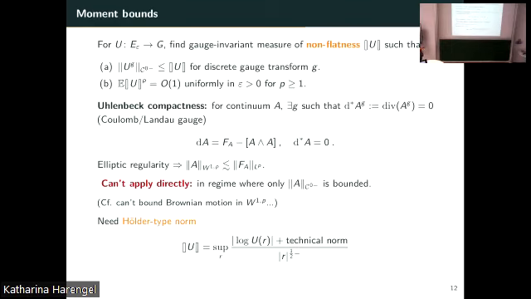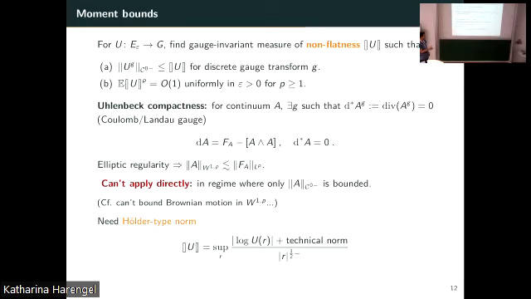And this is completely analogous to how you can't actually bound Brownian motion in W1P. So even though, say, the H1 norm, which would play the role of the Yang-Mills energy here, is the one that you'd use to define Brownian motion, Brownian motion has infinite energy. So this is completely analogous to this. So what we instead do is we're going to define a measure of non-flatness, which is much more of a Holder type norm. Just like Brownian motion has very good properties in Holder type spaces, we're going to define a